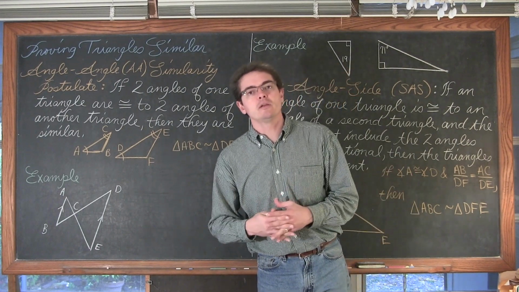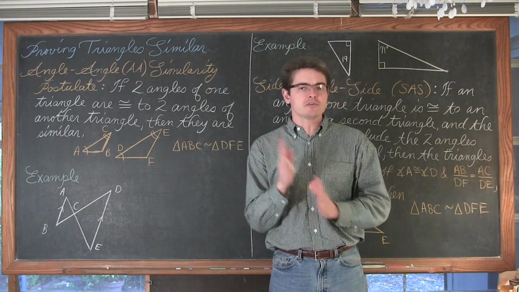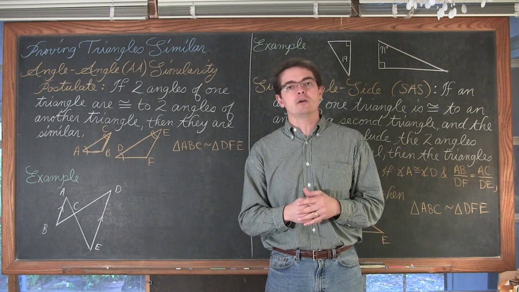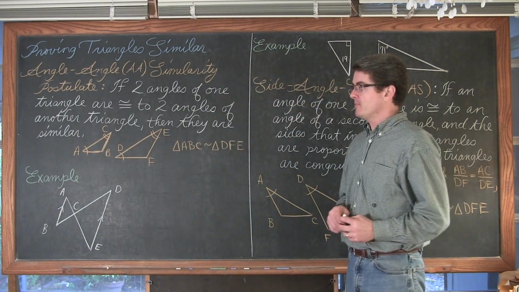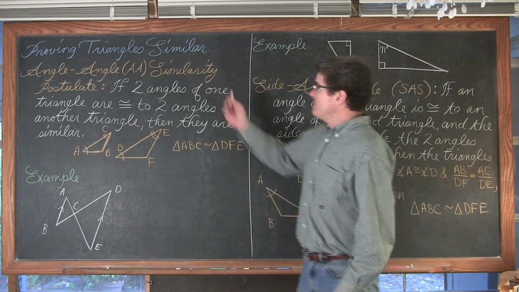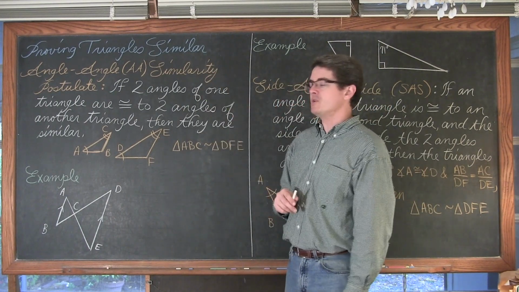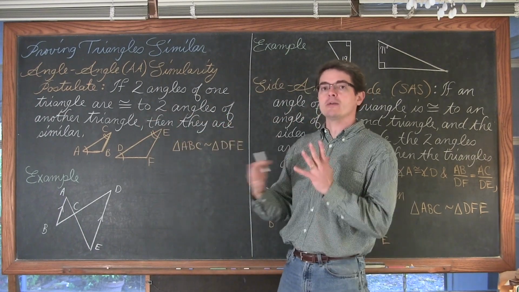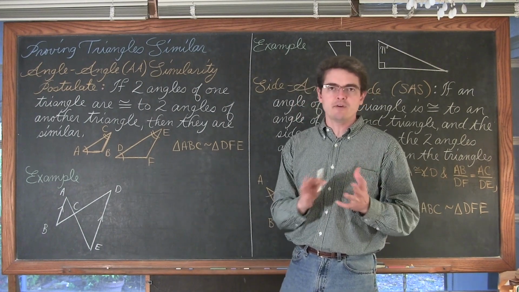Well, now the similar polygons that we're dealing with specifically are going to be triangles, but before we start setting up equal ratios or proportions to try and find missing lengths of these triangles, we must first actually prove that they're similar. First way of doing this is going to be the angle-angle similarity postulate. And it says if 2 angles of one triangle are congruent to 2 angles of another triangle, then those 2 triangles themselves are similar. Remember, that's same shape, but they can vary in size.